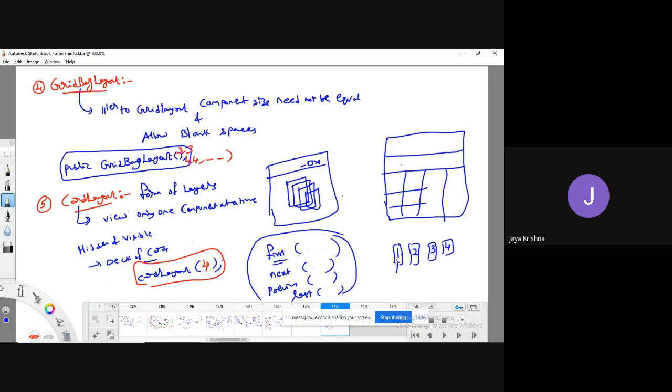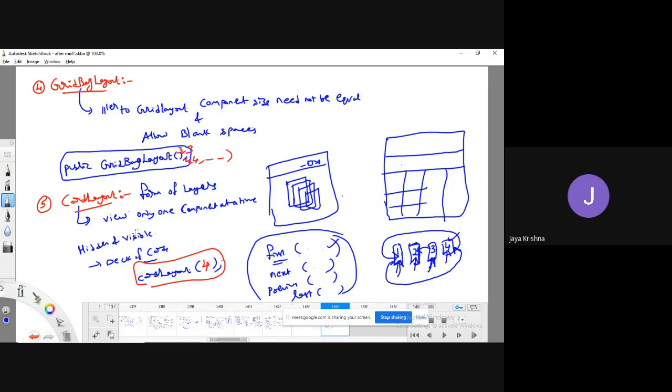I am presently at the first frame and I am using the first method. If we click on next, it will get the second frame on top. If I click on next, I will go to 3. If I click on next, I will go to 4. Now if I click on next at 4, it will move to the first. If I am at first and click on previous, I can go to the last one. If I am at 3 and click on previous, I will go to 2. If I am at 2 and click on last, I will move to the last. So like this, we have various methods that you can use.